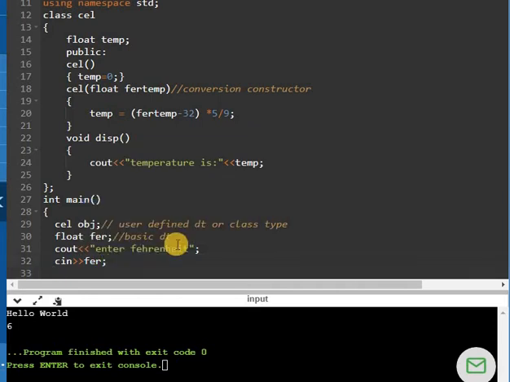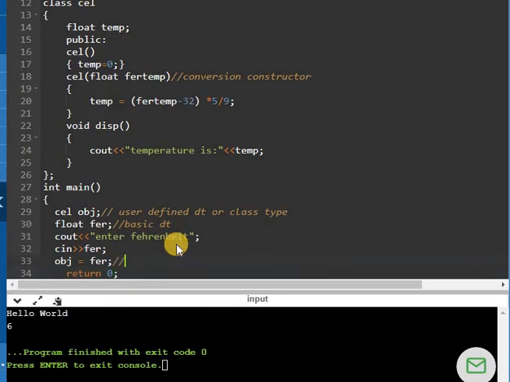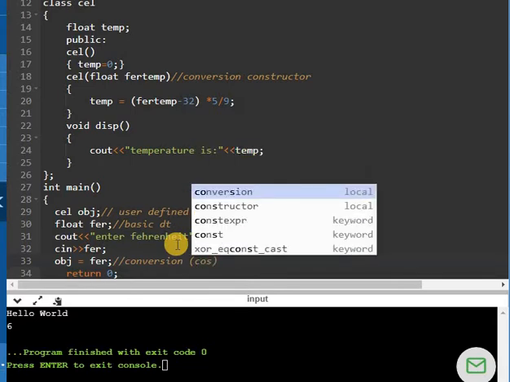Then simply obj is equal to FER. Alright, so this is the line where conversion is happening, and in this line the conversion constructor will be called, or you can say the conversion constructor is called.